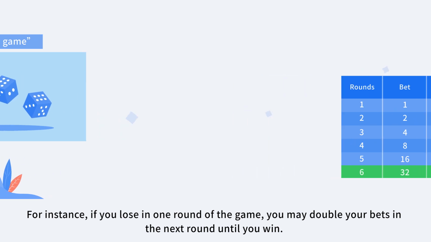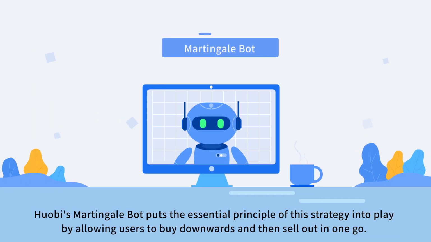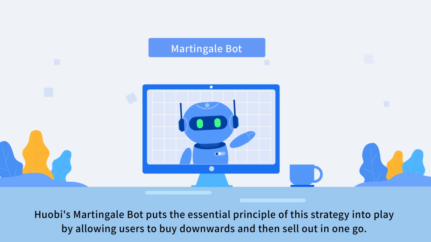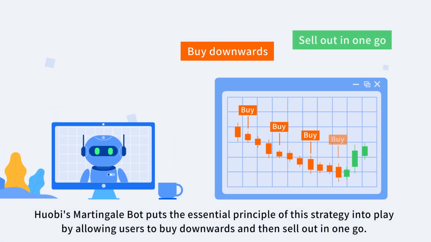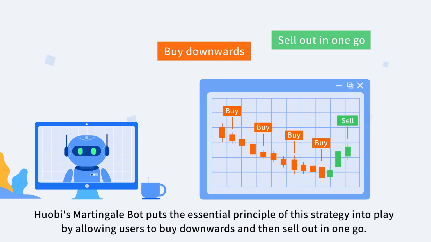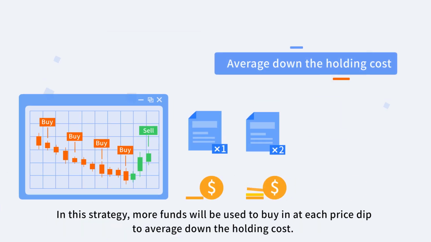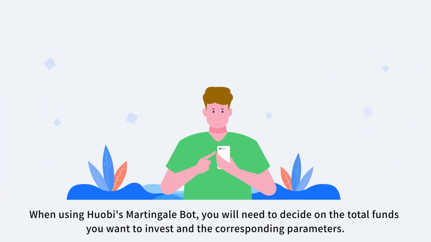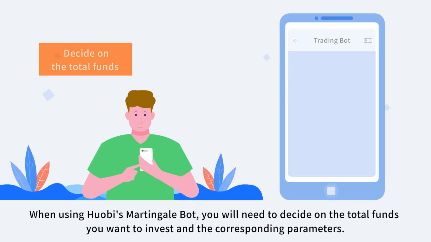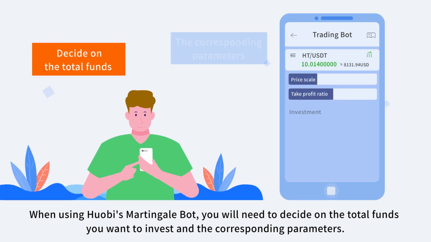until you win. Huobi's Martingale bot puts the essential principle of this strategy into play by allowing users to buy dips and then sell out in one go. In this strategy, more funds will be used to buy in at each price dip to average down the holding cost. When using Huobi's Martingale bot, you will need to decide on the total funds you want to invest and